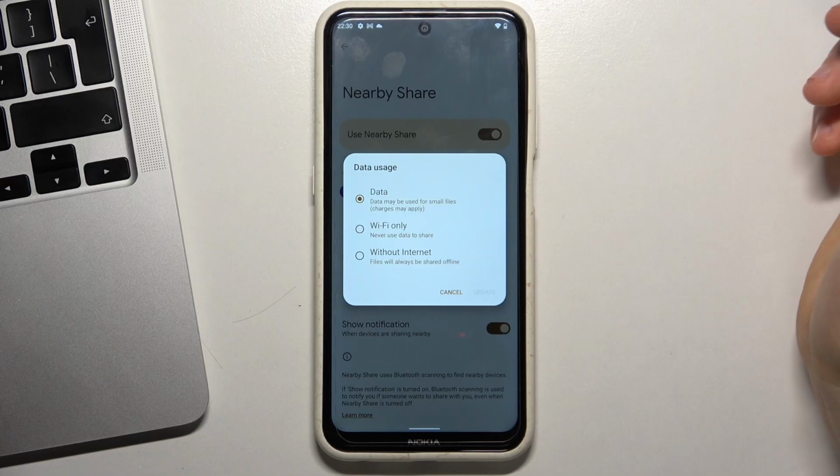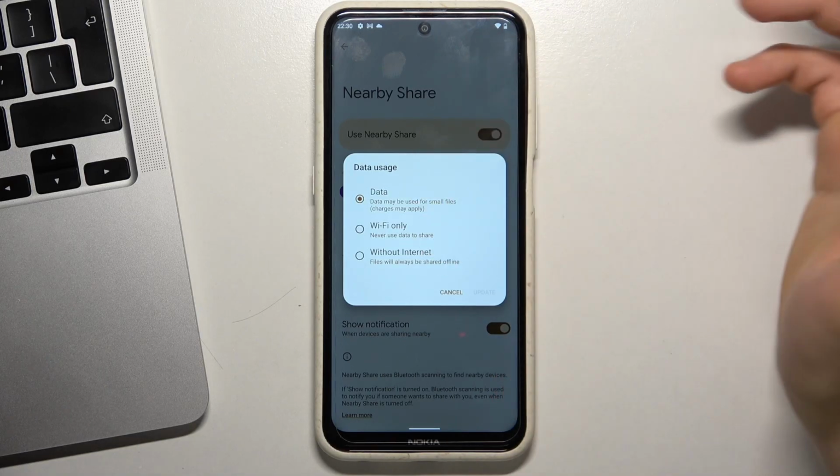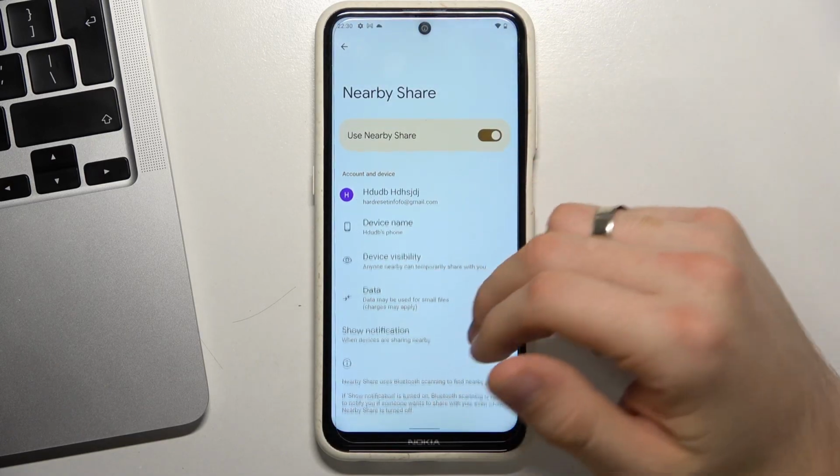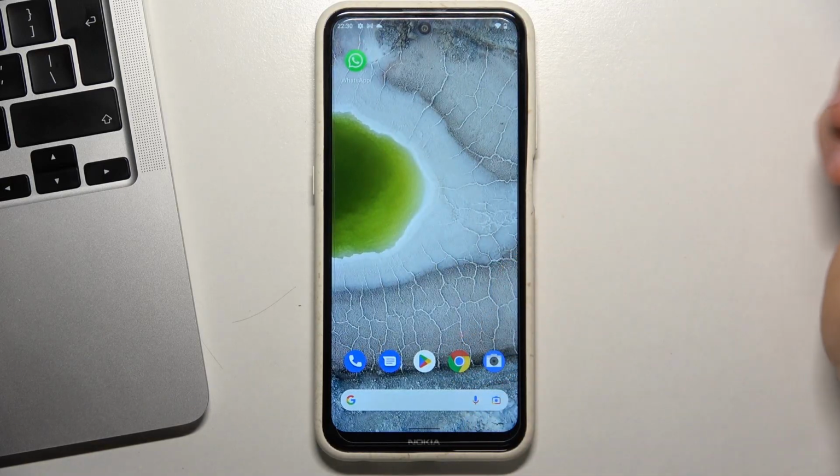Then you can change data usage mode. So choose your data usage mode and cool. Now you're visible for others in the Nearby Share network, and you can send any files and receive any files using